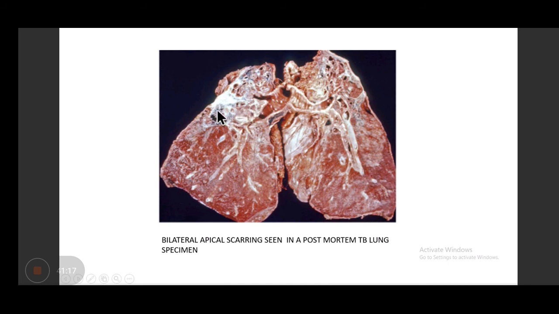And in this patient, his lung was like this, bilateral apical scarring. Scarring is the final stage, that is fibrocavitatory scarring, which we read now. It can occur in disseminated progressive tuberculosis. So in his post-mortem lung specimen, we saw this bilateral apical scarring because of fibrosis and cavity formation. Ultimately, there was scarring basically due to fibrosis. Okay, lung fibrosis.